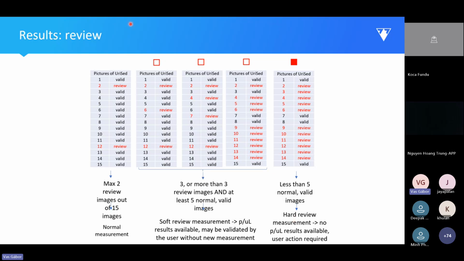So now let's see a few examples. In the first example, we have the second and the 12th image for review. So that's 2 images to review. Jolly good. We have 13 valid images, so the evaluation happens. In the next example, I have 3 images to review, which means I have at least 12 valid images. So there goes the empty red square, soft review. I will have automated